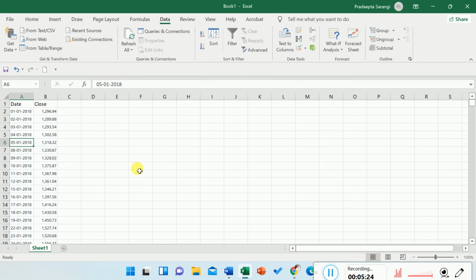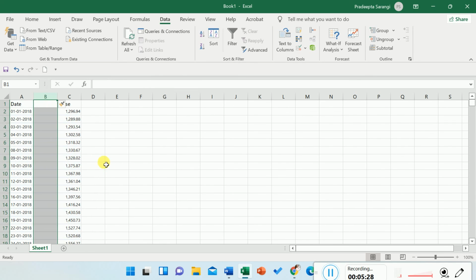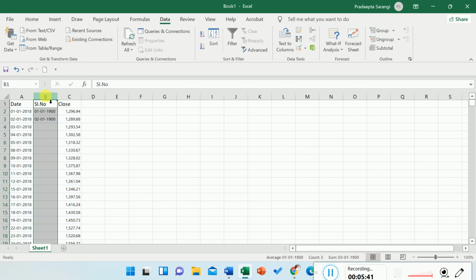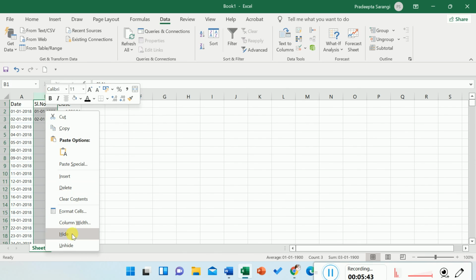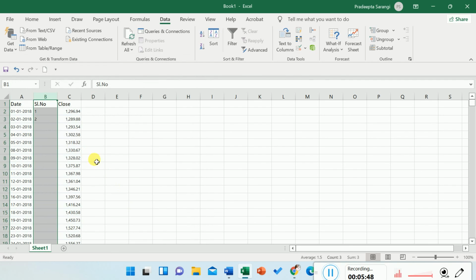So to avoid that, let me insert one column like serial number. Then I will take here 1, 2. By default it is taking the date format. Let me change this. We will use the number format.